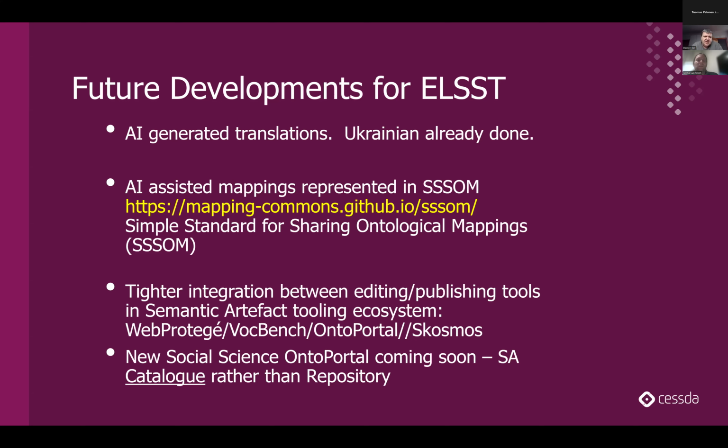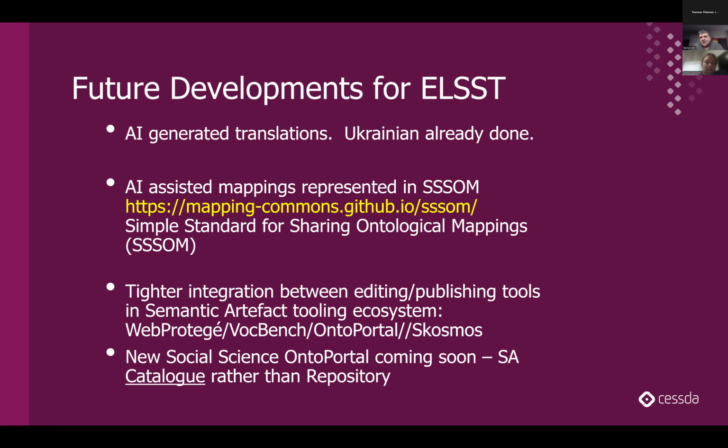I think mappings as well. I think for several years we've talked about doing ELST mappings to other vocabularies. This has never really happened, probably due to resource constraints. This is a really obvious kind of use case for AI generated input. One of the standards we would like to see, and we're using kind of onto Portal, is simple standard for ontology mappings. You probably know that in Skos there are a number of predicates you can use, like Skos broader,